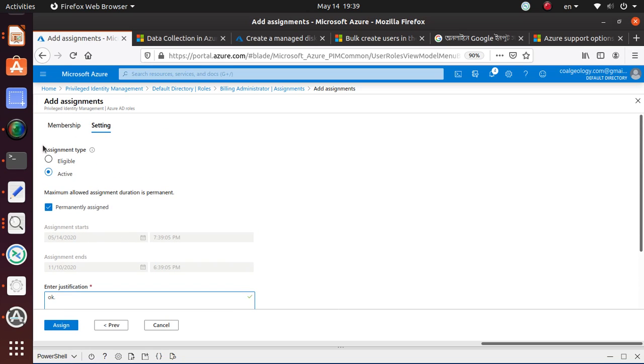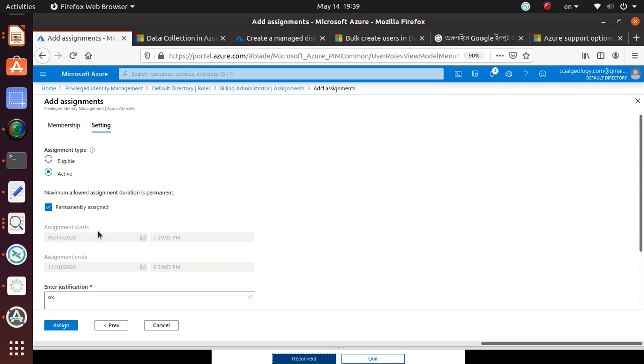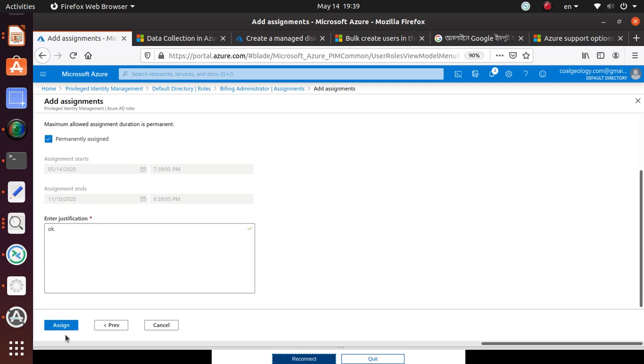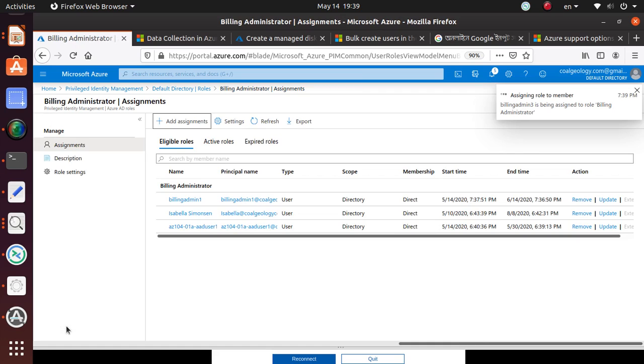So with this one, once this person logs in, he will have everything available to him, so he does not have to go and accept the role from the PIM module once he logs in. Okay, so now we have created some people, and if you look at this,